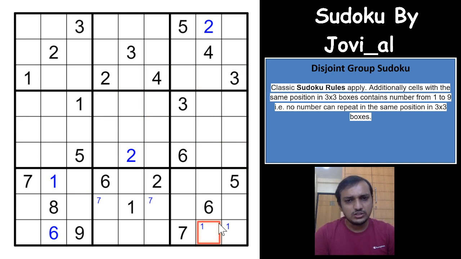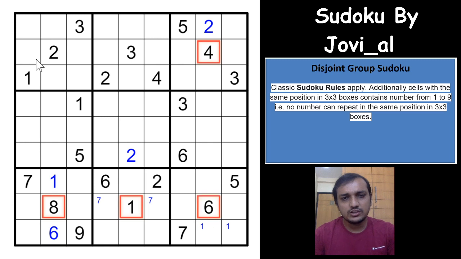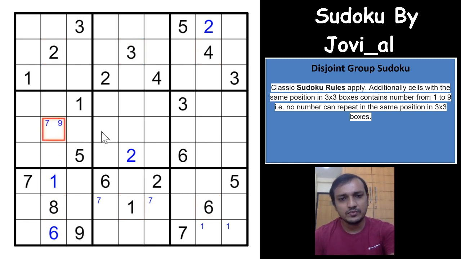And there is one more good thing that I could see now: all the center cells for all the boxes. If you see, there are 6 digits already placed in the bottom 3 boxes and the top 3 boxes, right? Which means that the middle 3 boxes will have exactly 3 possibilities, kind of a triplet in the middle row. Excellent, right? So you already have 1, 2, 3, 4, 5, 7 and 9, right? So this would be 7 and 9.